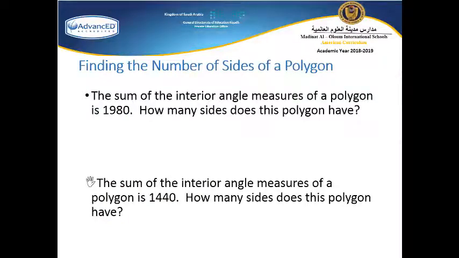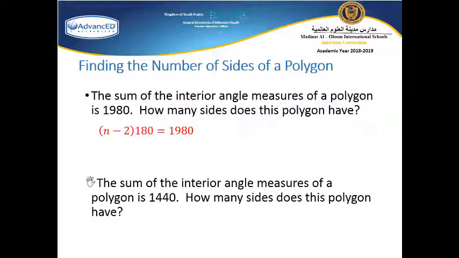Find the number of sides of a polygon. If we know the sum of the interior angles of the polygon, how do we find the number of sides? We know that n minus 2 times 180 is the formula for the sum of the interior angles, and we have the sum of the interior angles, 1980. Let's write it as an equation: n minus 2 times 180 equals the sum of the measures of the interior angles,